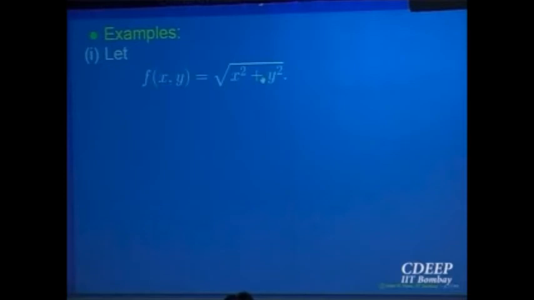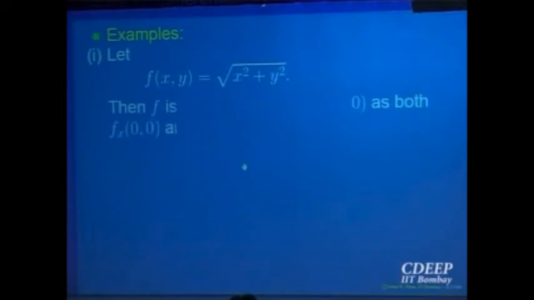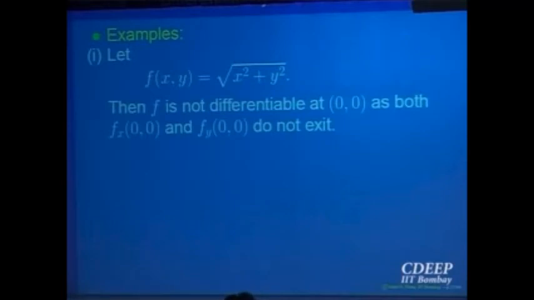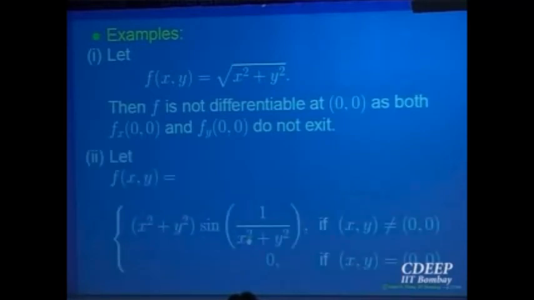So this is the function f(x,y) equal to square root of x square plus y square. I want to know whether this function is differentiable at the point 0, 0 or not. Just now we did that example for partial derivatives. What was the conclusion? None of the partial derivatives exist at 0, 0 for this function. So this function cannot be differentiable. Finish. So this function is not differentiable at 0, 0 because even if one of the partial derivatives does not exist at that point, then the function is not differentiable, because of the definition.